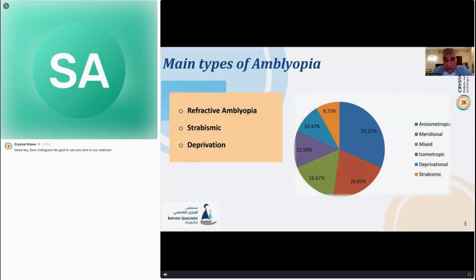This is the most common, refractive amblyopia, which is associated with refractive errors and anisometropic conditions such as astigmatism. Then there is strabismic amblyopia, where there is relative deprivation. In fact, when the eye deviates, it shuts off, and the signal from it does not reach the level of the brain's reticular formation. There is central inhibition of the image that is not motivated for viewing, and thus the signal does not reach the visual cortex, and the visual cortex does not develop.